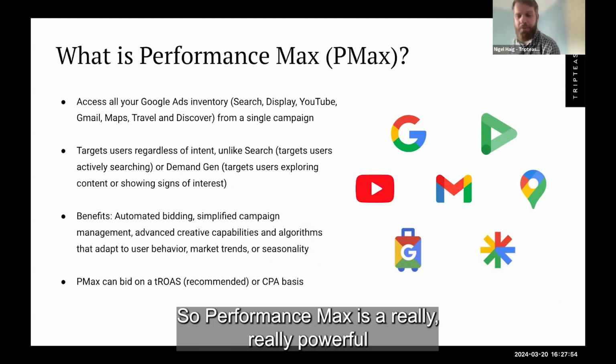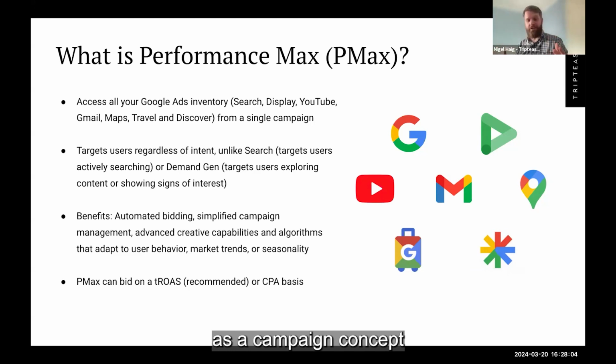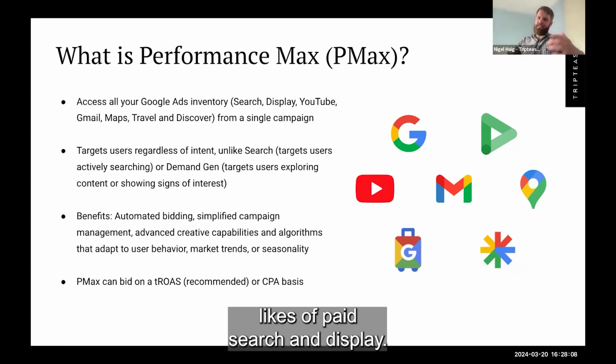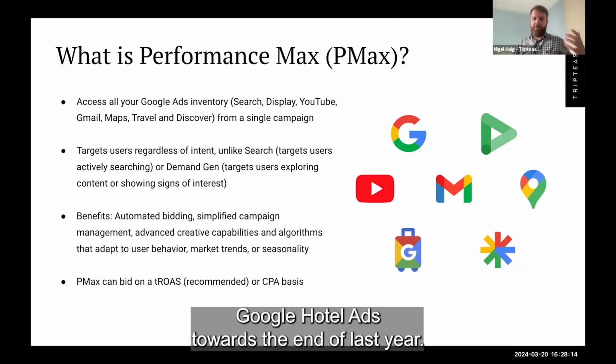Yeah, absolutely. So Performance Max is a really powerful, relatively new offering from Google. Performance Max as a campaign concept has actually been around for a few years, running on the likes of paid search and display. But in terms of the travel industry, they only really added the Google hotel ads towards the end of last